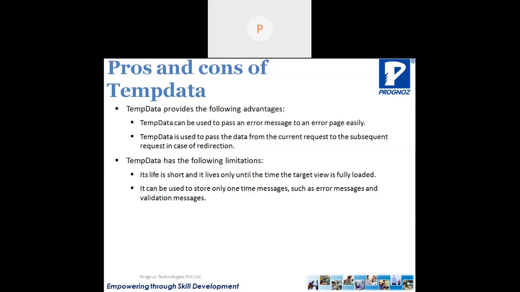As I have already said, we can use TempData to pass the data from the current request to the subsequent request in case of redirection. It has the limitation that its life is short and it lives only until the target view is fully loaded, and it can be used to store only one-time messages such as an error message or a validation message.